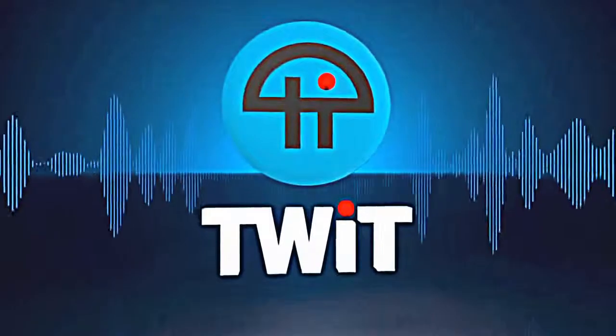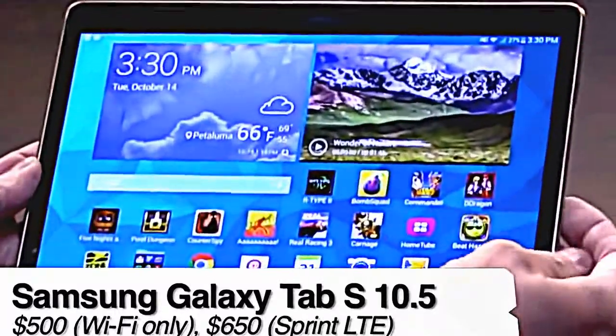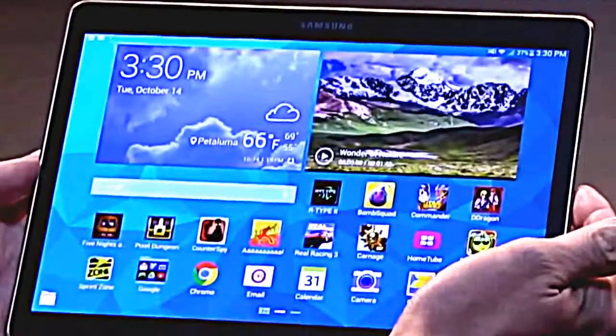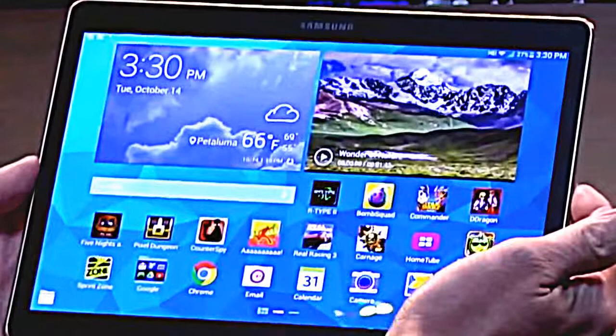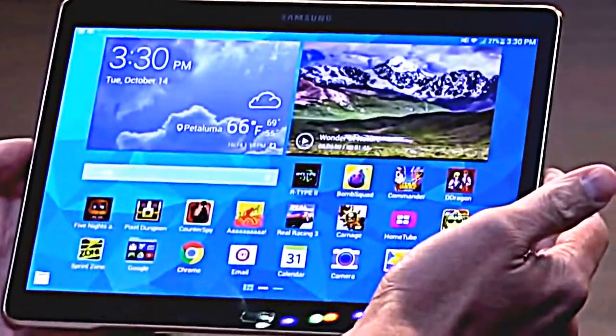This is Twit. So we gave you, appropriately, because you're an Android expert, the Samsung Galaxy Tab S. This is a 10-inch tablet? 10.5. Competing with the behemoth, the Nexus 10, and that kind of realm? Yeah, I mean, possibly competing, well, definitely competing with the likes of the Apple iPad, because this